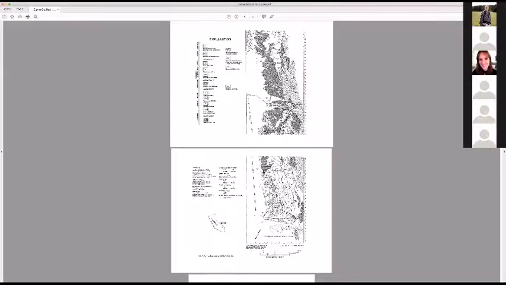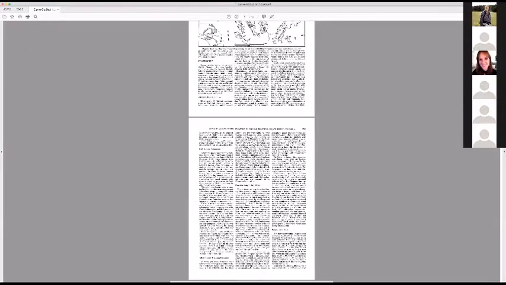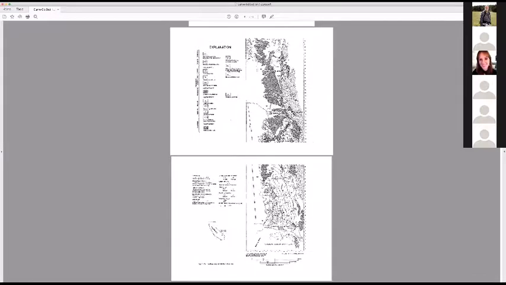Which is a paper by George Dunn on the Devil's Playground area in GSA Bulletin in '77. And George has a map in here in 2 pieces. And I look at this and I go, you know, that would be really, really nice to be able to have that map in my project. And so what I did, this is true story.